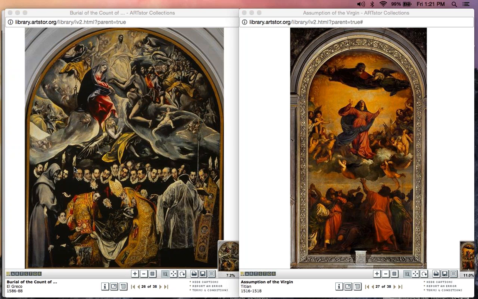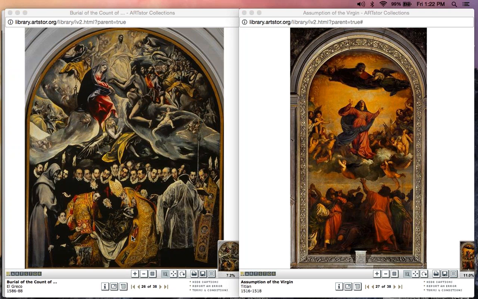We are about back to these large-scale, Protestants would say, idolatrous images of holy figures. The artist here is named El Greco. This is called The Burial of Count Orgaz. It's found in the church of Santo Tome in Toledo, Spain, in the year 1586. The subject matter comes from a legend that deals with the Count Orgaz here, who's being lowered into his grave. He was a benefactor of the church at San Tome, and he had died in the 1300s. So this is a couple centuries old by now.